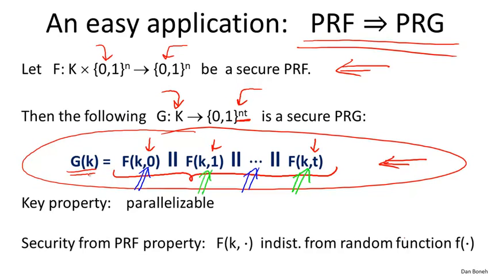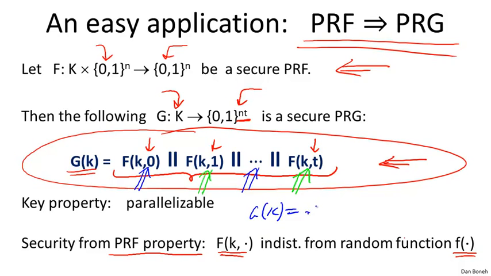Now the main question is, why is this generator secure? Here I'm only going to give you a little bit of intuition, and we're going to come back and argue this more precisely later on. Security follows directly from the PRF property. The way we reason about it is that this PRF, by definition, is indistinguishable from a truly random function on 128 bits. So if I take this generator and instead define a generator using a truly random function,